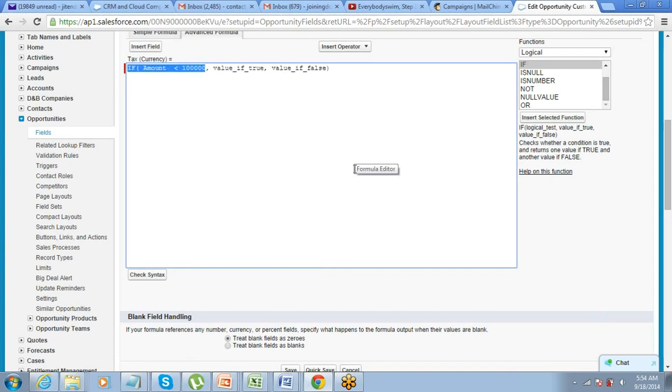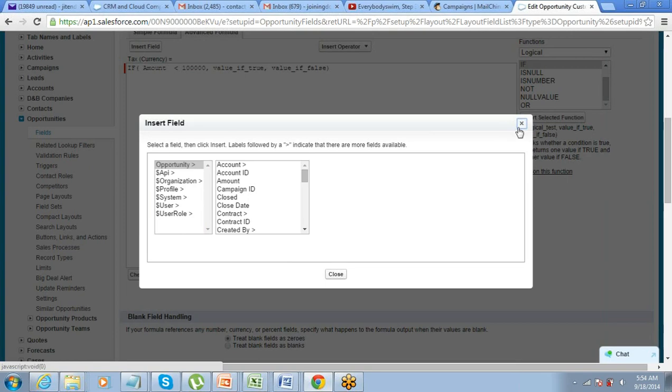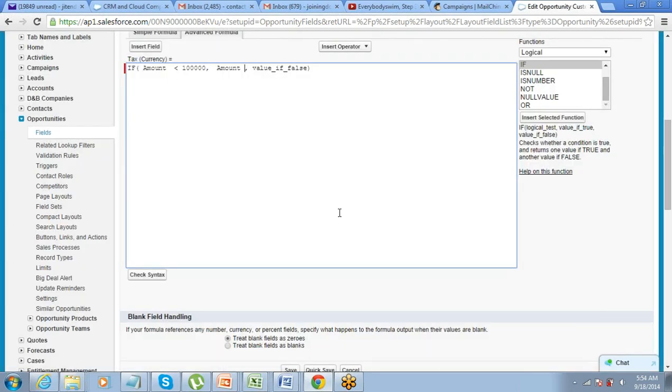If amount is less than 100,000, then okay, then the tax will be equals amount into 0.1, else tax will be equals to